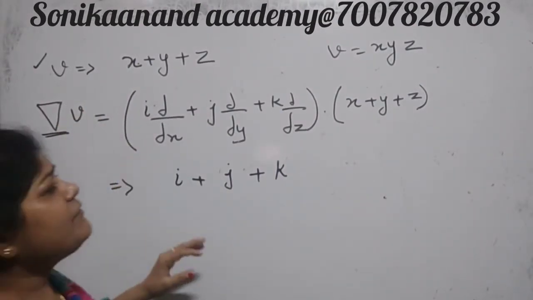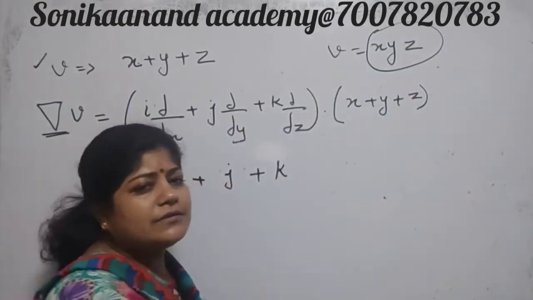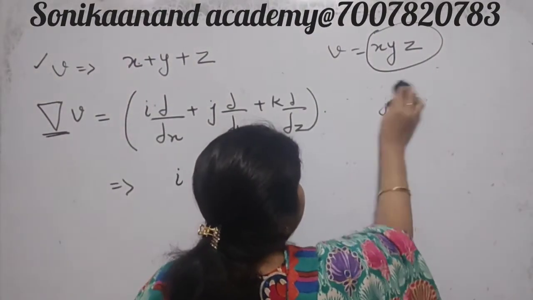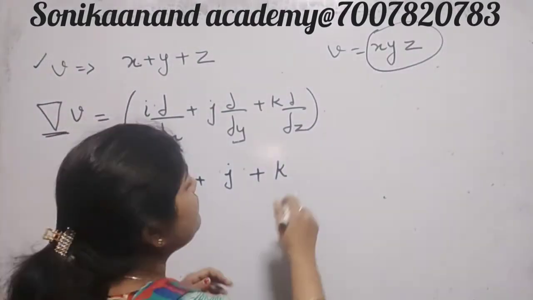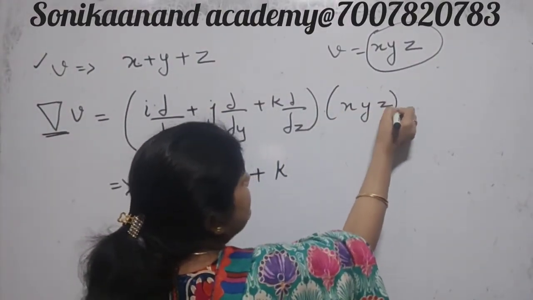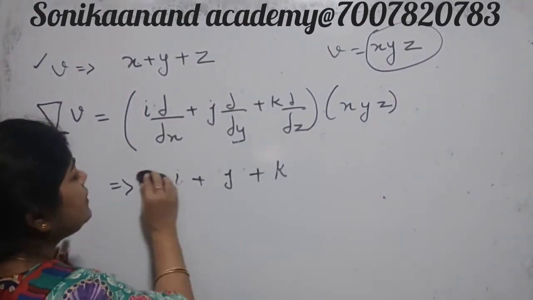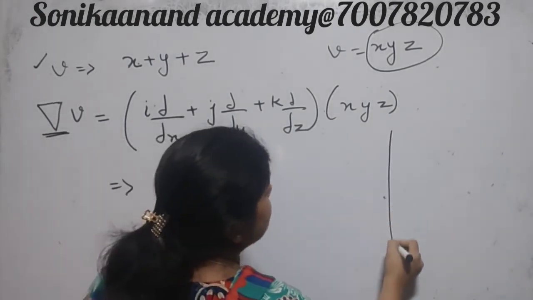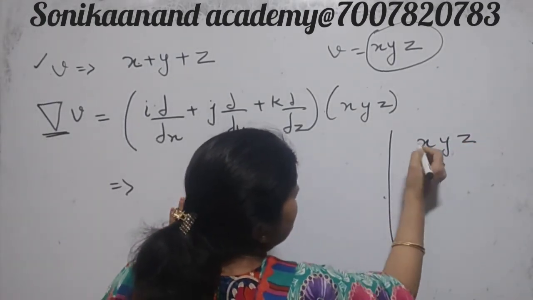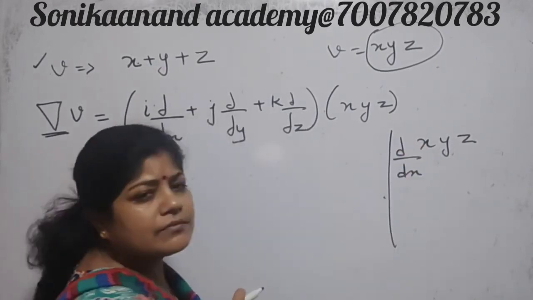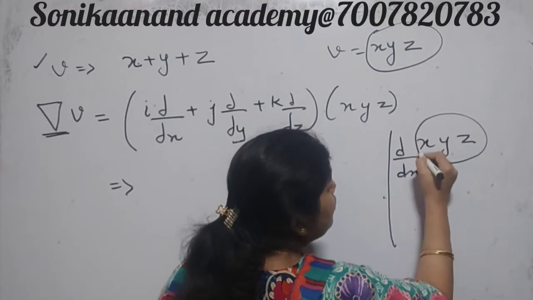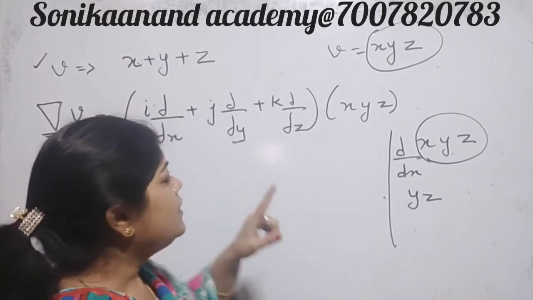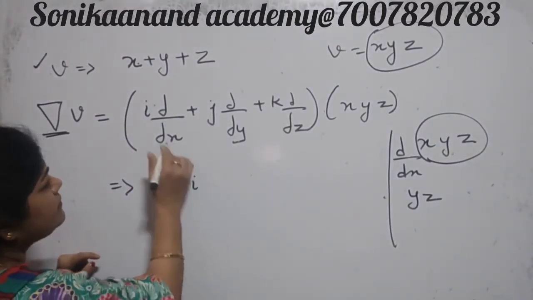But for example, if the vector is given in the form of a product, where all the components are multiplied together, then how will you find the gradient? Then we have x, y and z. Okay. In the same way, now we differentiate x, y, z. You just understand it this way: we have xyz, and we have to differentiate it only with respect to x. So when we differentiate it with respect to x, we get only yz, because the component x becomes 1, and we multiply yz with i.